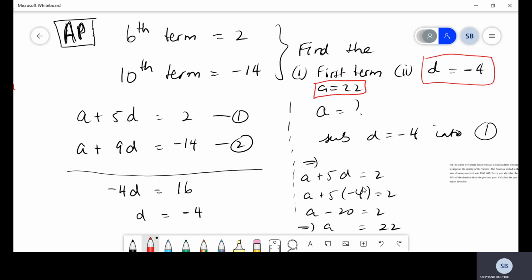All right, so I'd say those are the basic alterations that questions can come in. Usually it ends up in either a solve by simultaneous method solution to find a and d, or sometimes you can have to use your sum formula. Sometimes you can have to equate terms. But generally it involves the use of just those basic a plus n minus 1 d or the sum formula. So APs are by and large very simple. You just need to take your time and understand. I want to show you guys